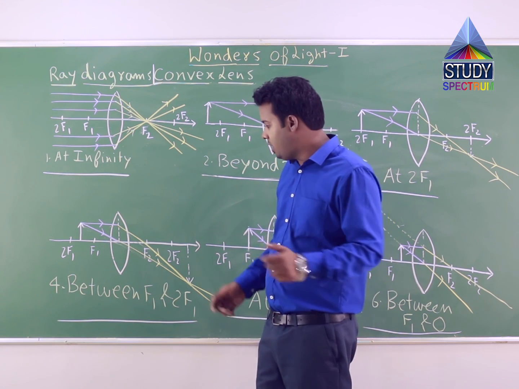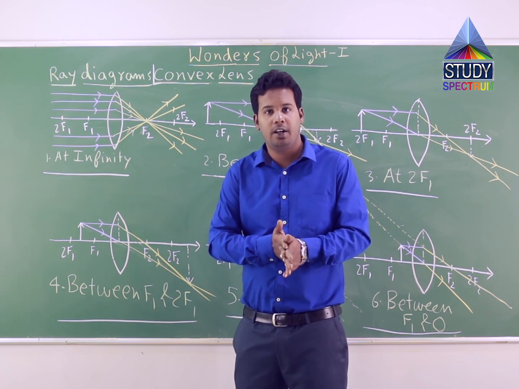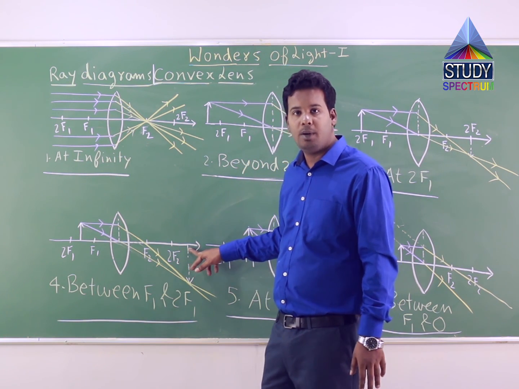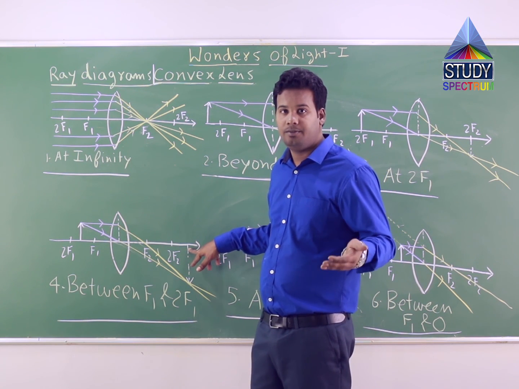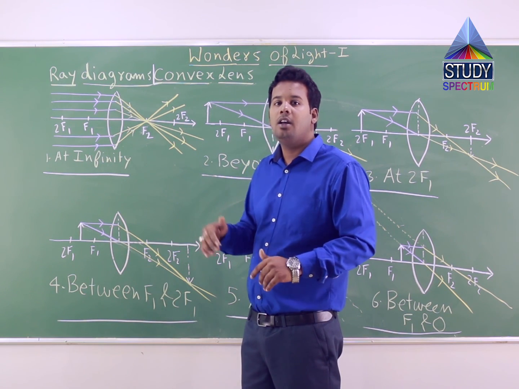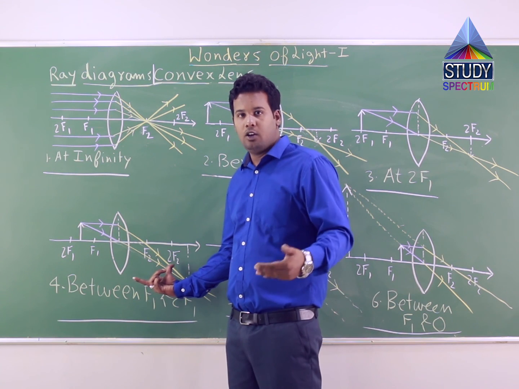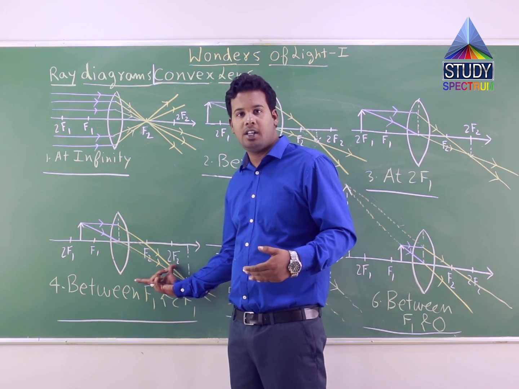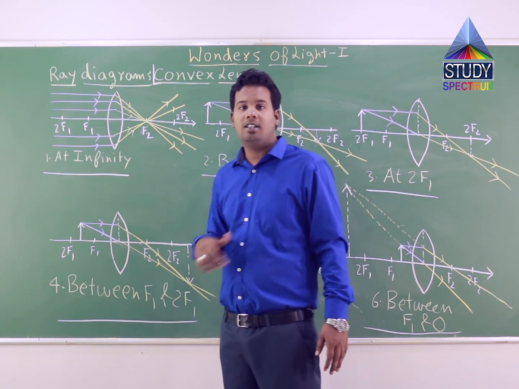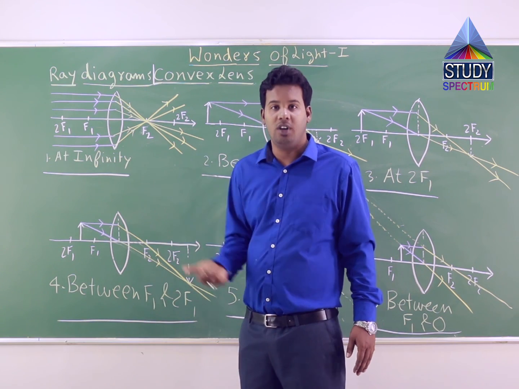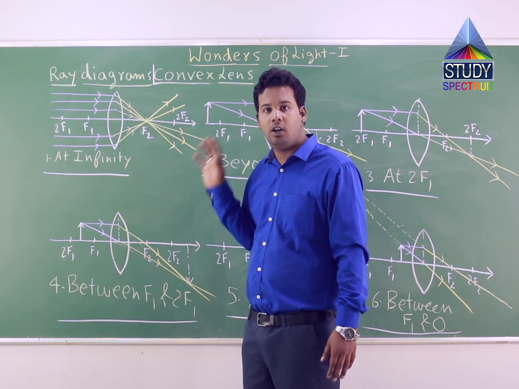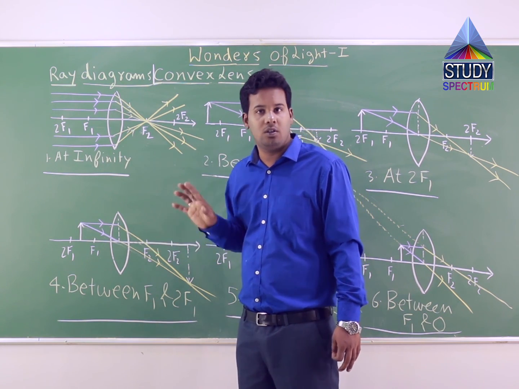Correct? Now, if you remember, in the fourth case, when the object is placed between f1 and 2f1, the image is being formed beyond 2f2. The value was coming out to be greater than 10. For theoretical questions, in numericals, data can be given. If suppose in any numerical question, the distance of 2f2 from optical center is given as 20, then if the object is placed between f1 and 2f1, the distance of image will turn out to be greater than 20. And then also you have to draw the same diagram. These diagrams are common for theoretical questions also and numerical questions also, I repeat.